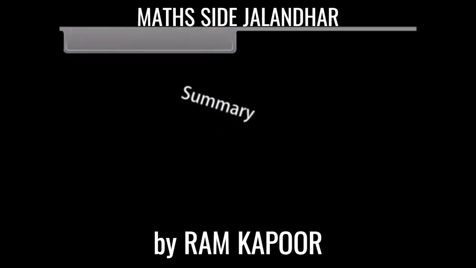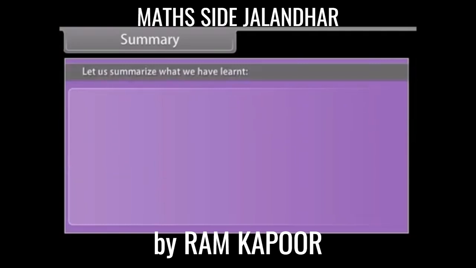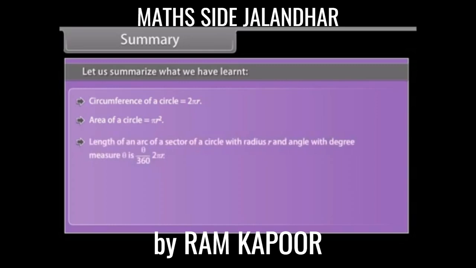Summary. Let us summarize what we have learned. Circumference of a circle is equal to 2 pi r. Area of a circle is equal to pi r square. Length of an arc of a sector of a circle with radius r and angle with degree measure theta is theta upon 360 into 2 pi r. Area of a sector of a circle with radius r and angle with degree measure theta is theta upon 360 into